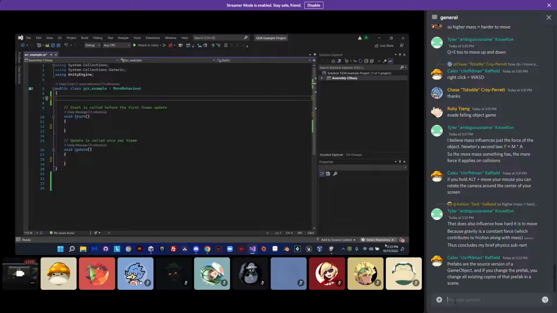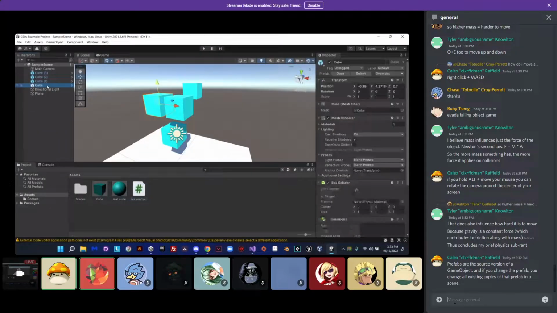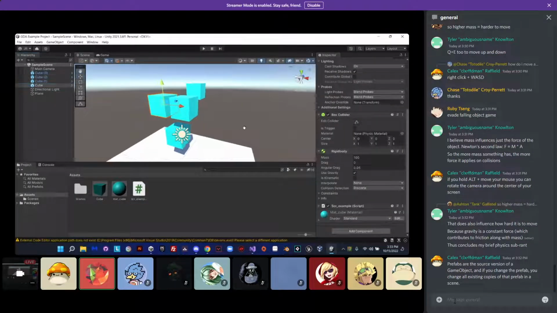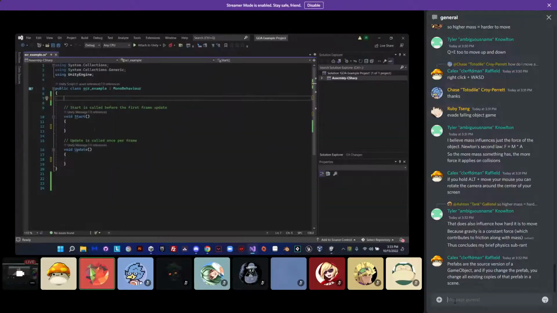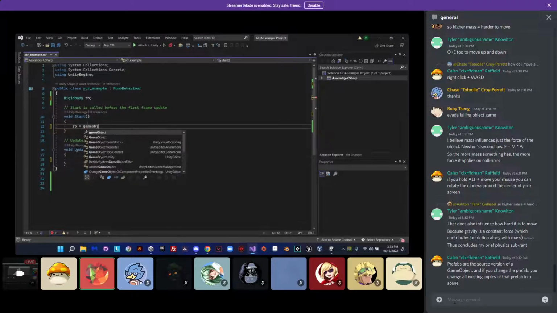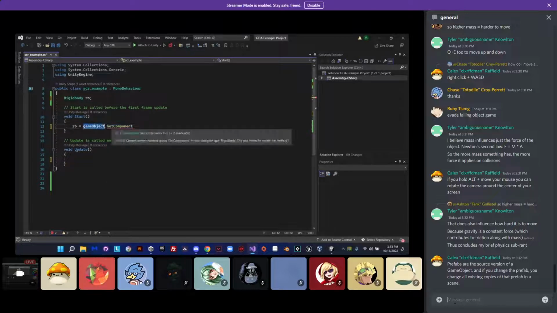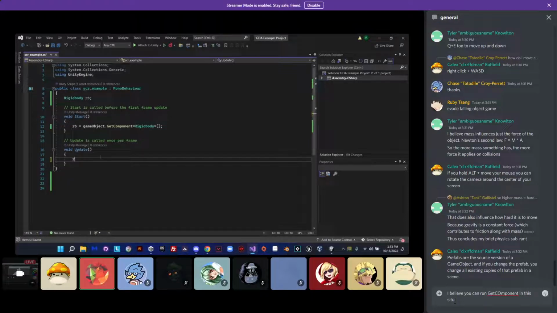This is a script that we saw earlier, but we basically started by creating a rigid body variable to refer to the rigid body that we have. So in Visual Studio, we write rigid body, RB, and now we have a variable that can store a rigid body. I keep saying rigid body, so let's stop saying that. But I can now define it in the start method. Rigid body equals game object get component. We're basically calling our game object, getting the component it refers to, and then we can say rigid body. So we're basically getting our blue cube's rigid body,